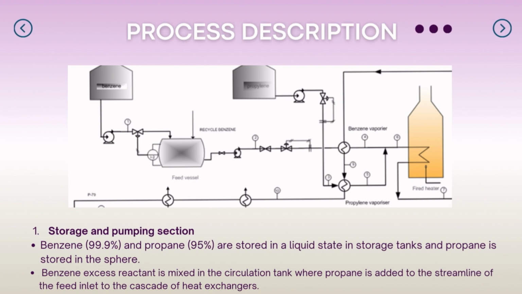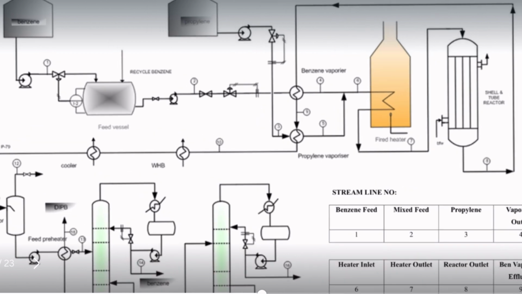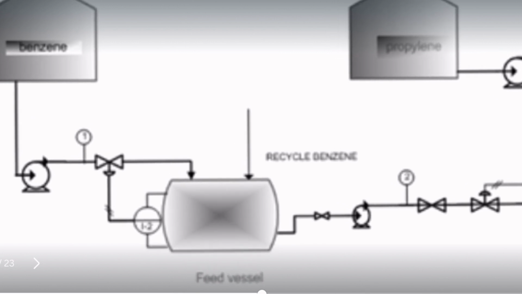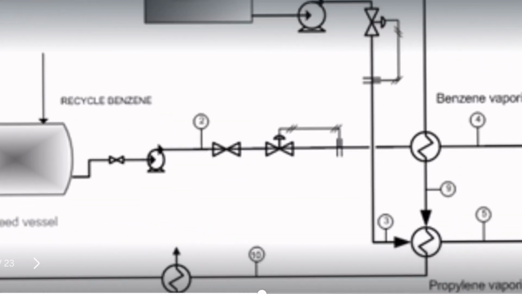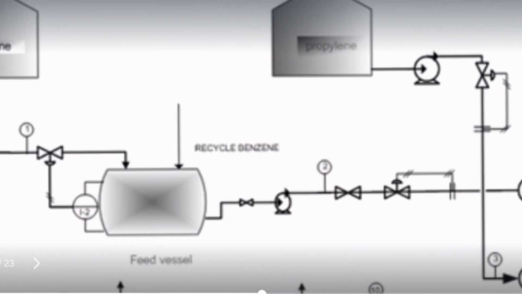Alright, so for the process, starting with the raw materials here. This is the storage and pumping section. This is the vaporization and preheating section, and this is the separation and purification section here. So starting with the first section,